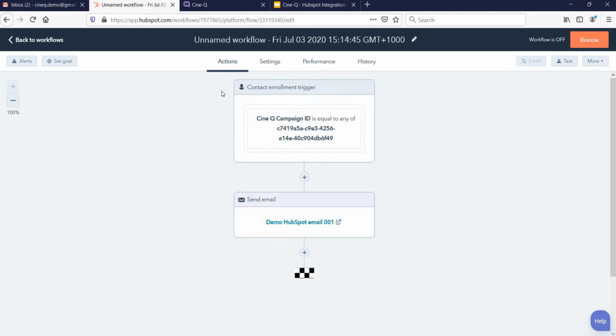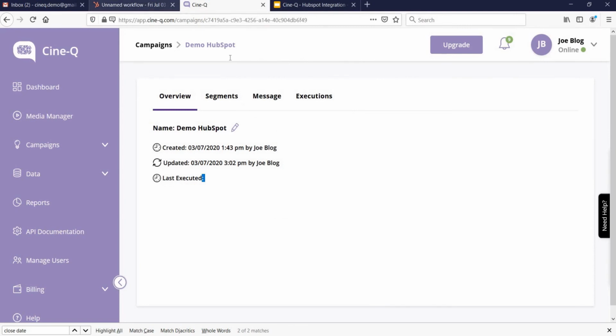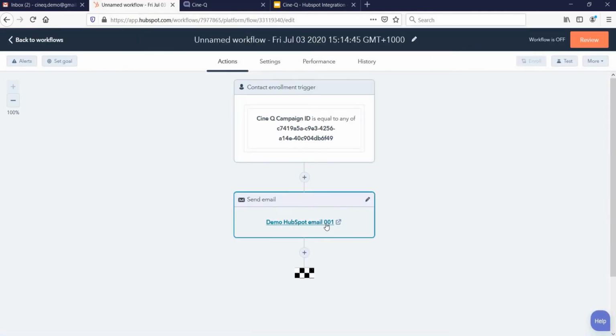Basically, as soon as Cine-Q sends the data to HubSpot and one of the contacts' Cine-Q campaign ID field changes to the Cine-Q campaign ID that we're interested in, then it will send out that particular email. So that we can just name it